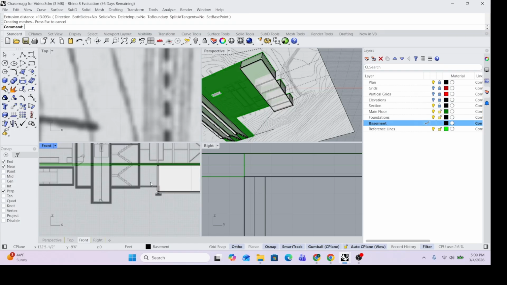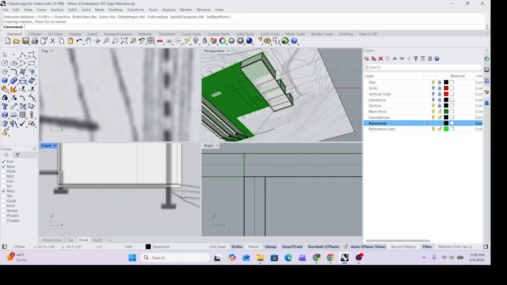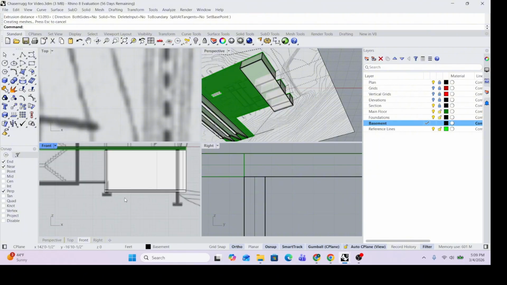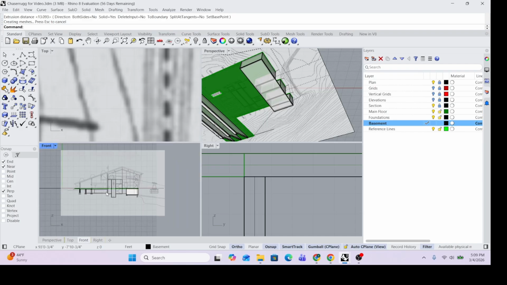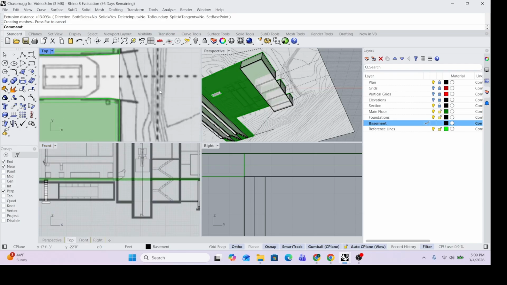So you can see even within this we have different thicknesses of floors. So this is a visual reference. And we're gonna do our best. So now I can come back in my plan view